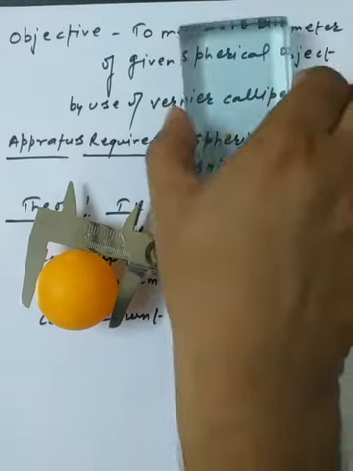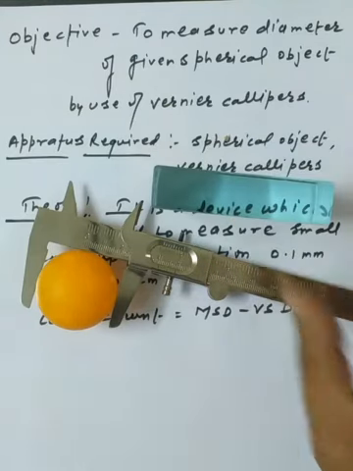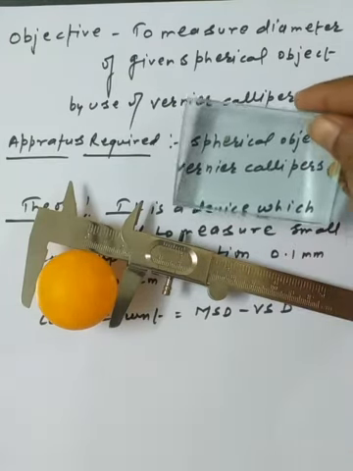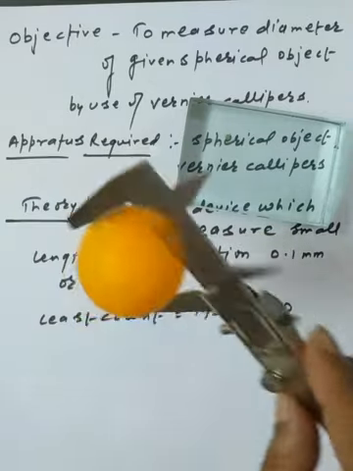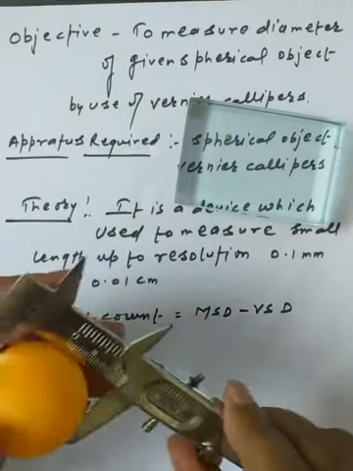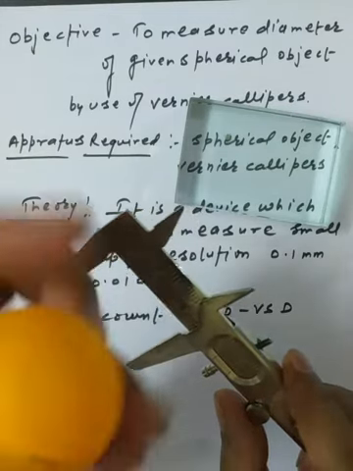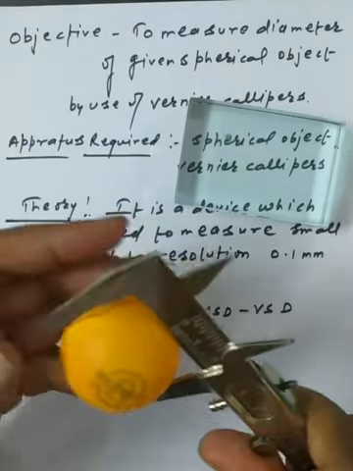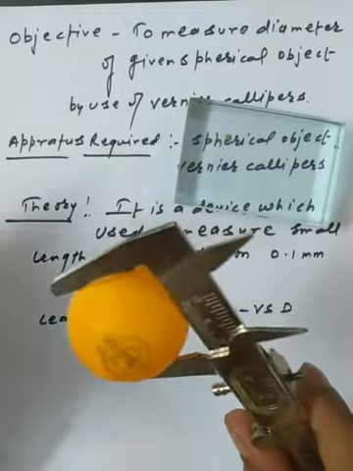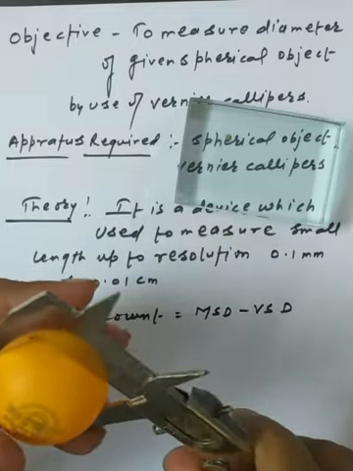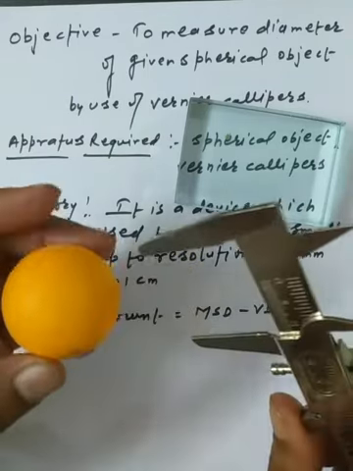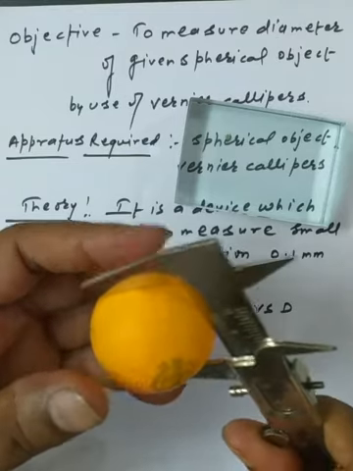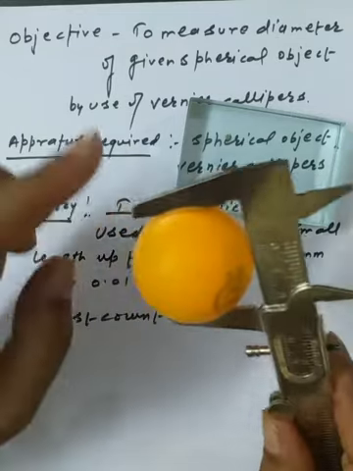Now dear students, last time I used this glass slab, and I got the dimensions in terms of length, breadth and height. Now, if inside the lab we are given the opportunity to find the diameter of a given spherical object, I don't have a solid object, but I have a tennis ball. Suppose this is given inside the lab to find the basic dimension. We know the concept that by the help of the external jaws we can find the external diameter of this given ball.